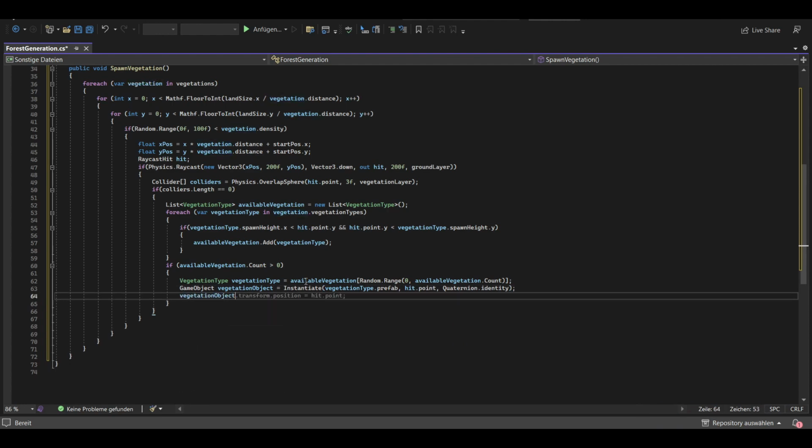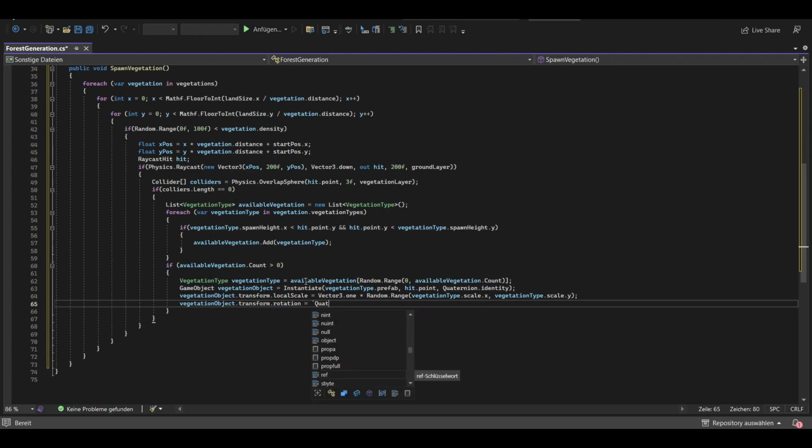After that, we will set the scale to a random value between the minimum and the maximum scale. The rotation on the y-axis to a random float between 0 and 360,